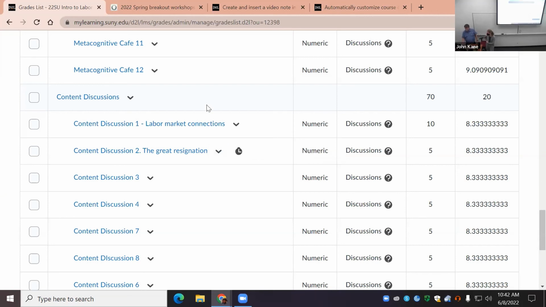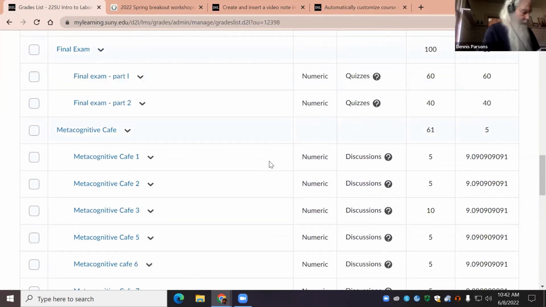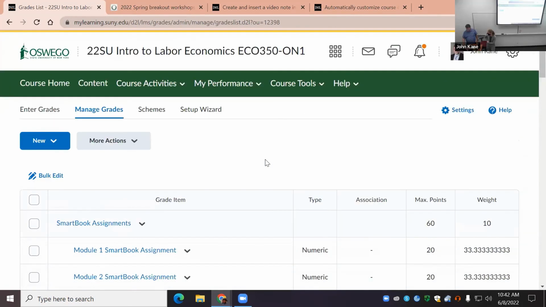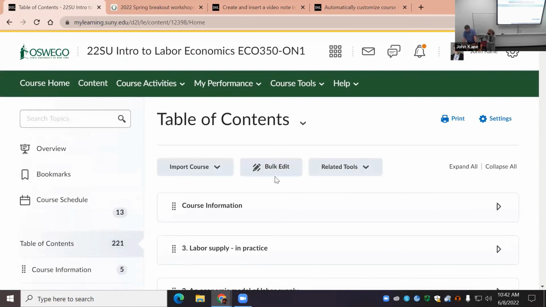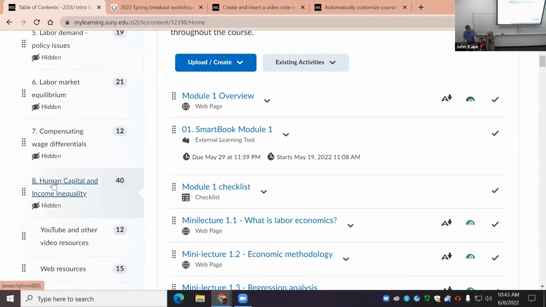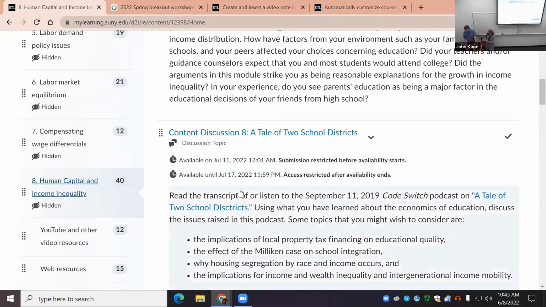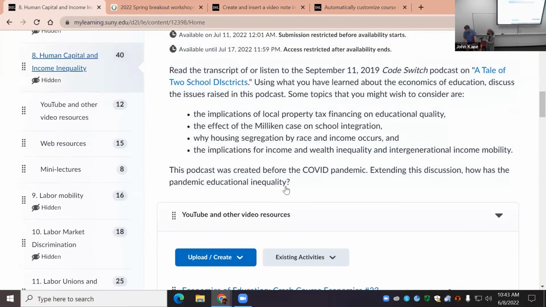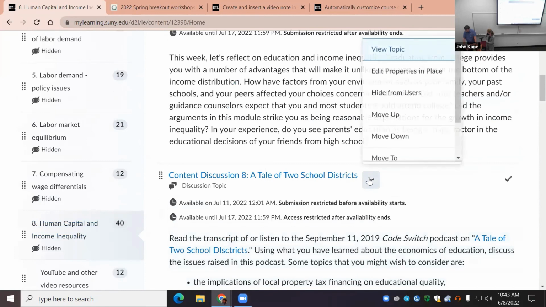Let's take an item. Okay, okay, don't worry about it. Well, we can take an item that is not currently in, if I go to content, something that's not currently active, we can do that. So if there's something you don't want to be graded, let me go through one of the modules that we're not yet at. And when we go to that, we can see, for example, there's this content discussion. If I choose, I should be able to choose, if I can get to